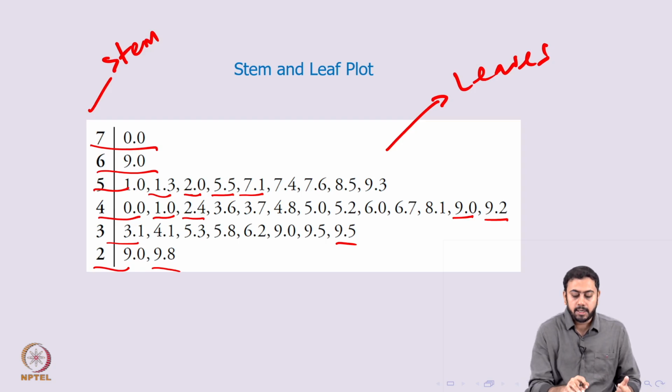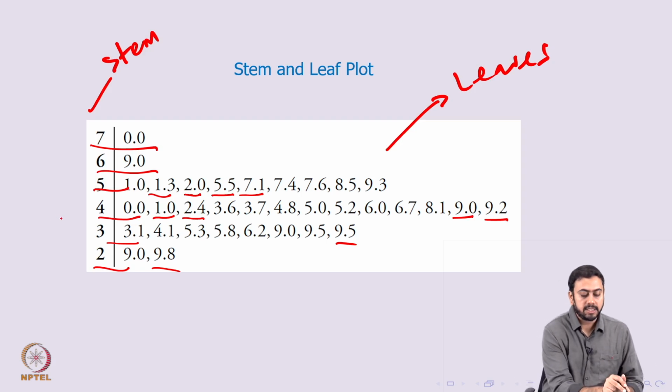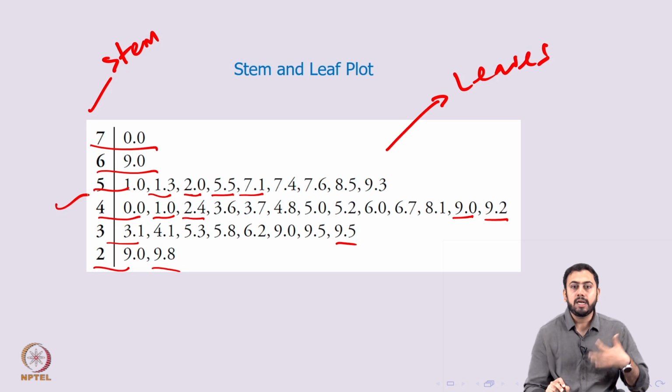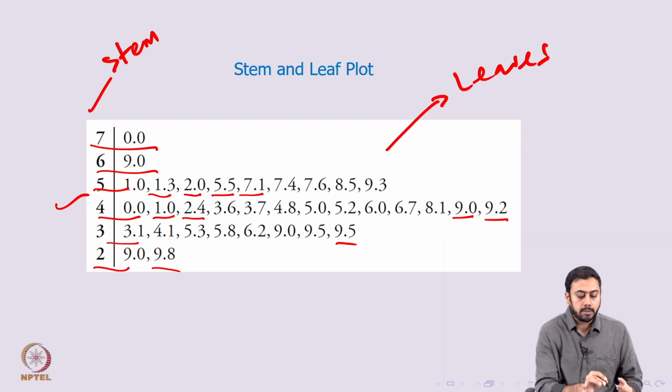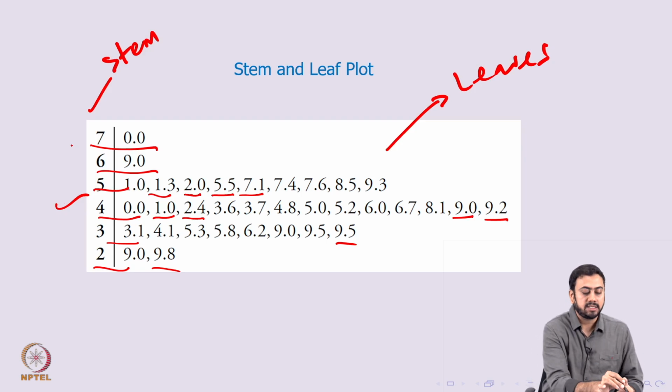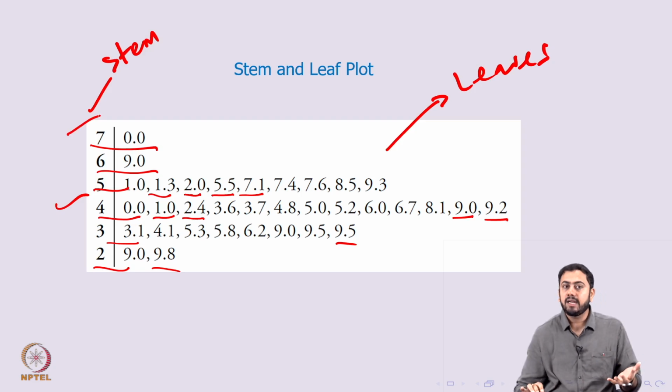From a stem and leaf plot, I can identify the stem, or rather the region, where more observations are lying. For example, you have more observations starting with 4. Remember that the entire data set is for the minimum annual average temperatures of 35 US cities. So there would be more US cities having minimum temperatures starting with, let's say, 5 or 3, as opposed to very few US cities where the minimum annual average temperature starts with a 7. You also have a 70 in the data set, but only one number corresponding to 7 as a stem.